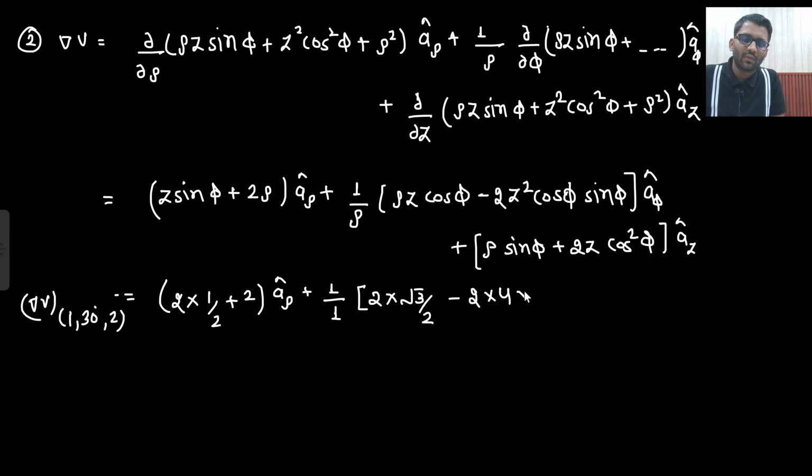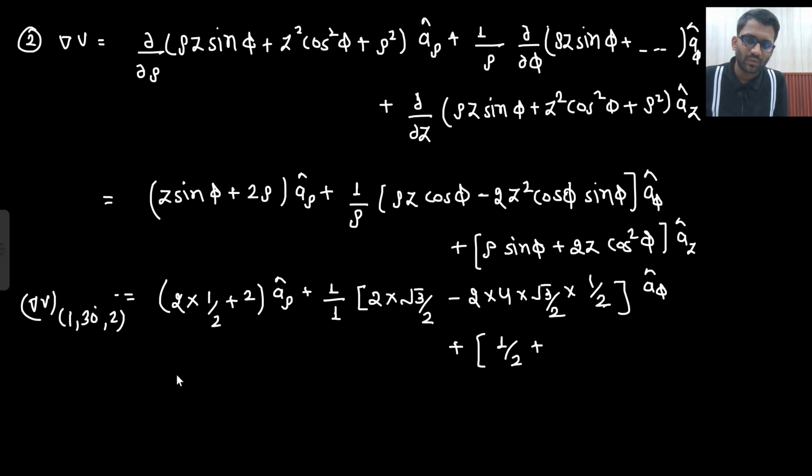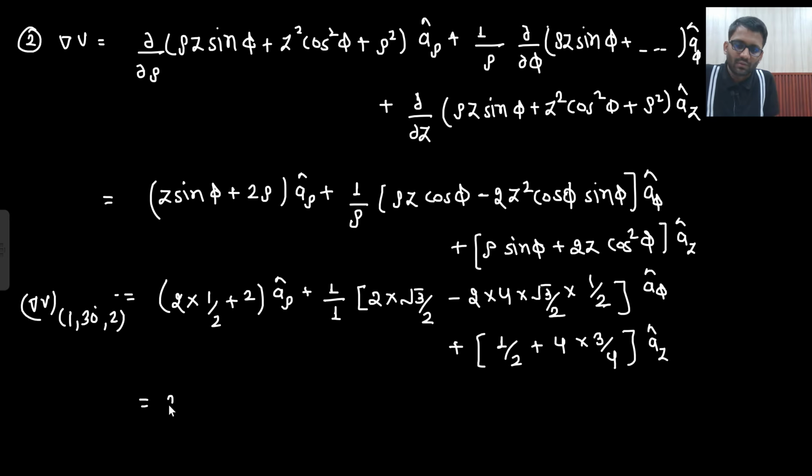And what about cos phi? Cos phi is root 3 by 2, cos 30 degree, and sin phi is 1 by 2, right? A phi cap plus rho. This is just calculation, no one will ask you in the examination, so do not worry about that. Rho is 1, phi is sin 30, sin 30 is 1 by 2 plus z is 2, so 4 cos 30 square, that would be 3 by 4, az cap. Okay, so 3 arrow cap